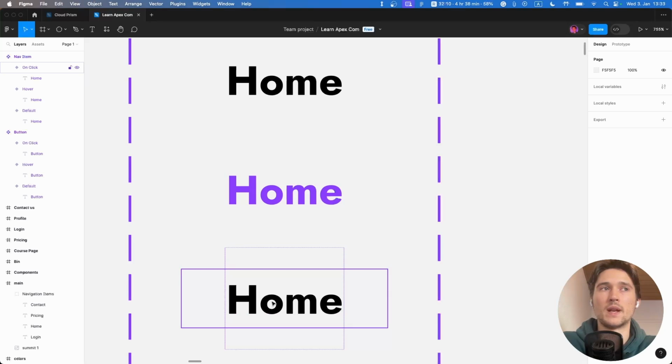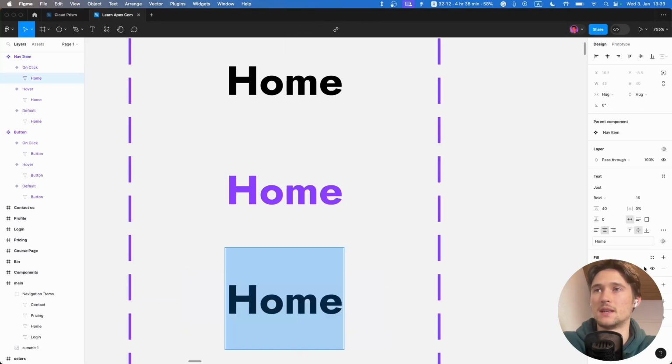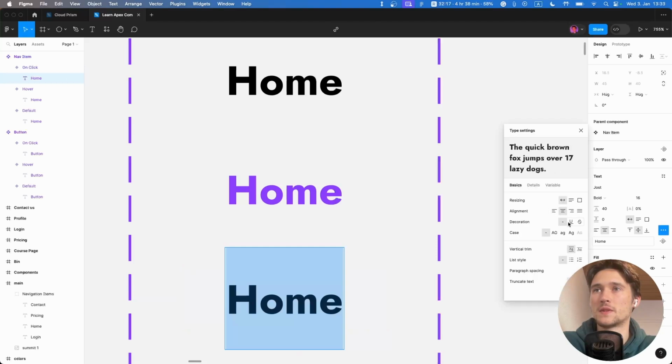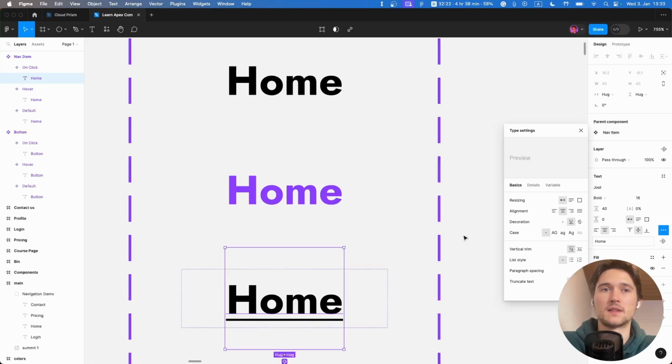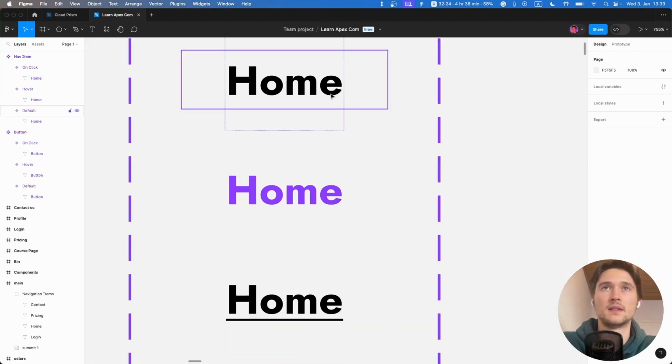Now, when it's clicked, I want to just make it, I'm not really sure what's the... underline. Yes, exactly, underline. That's what I want. I want to have the underline. And now